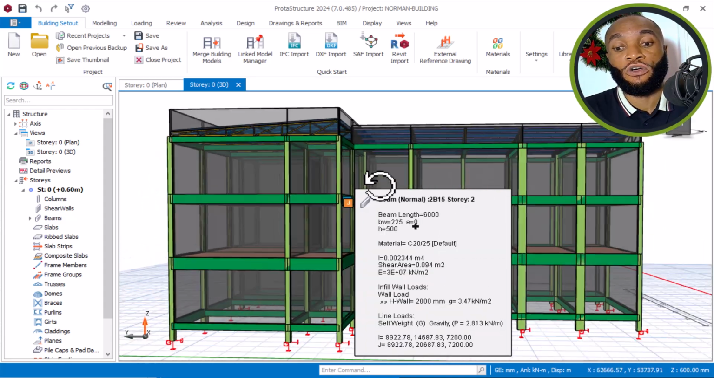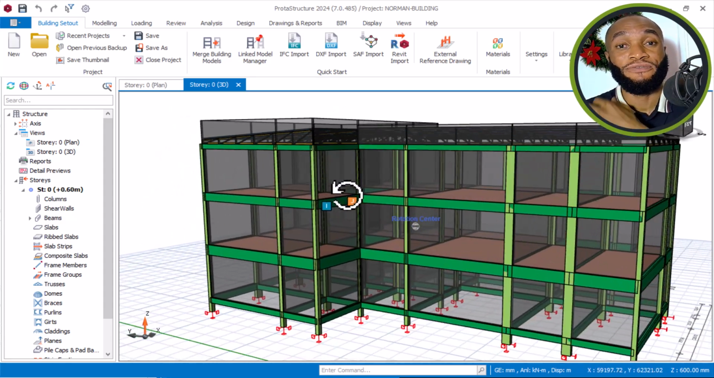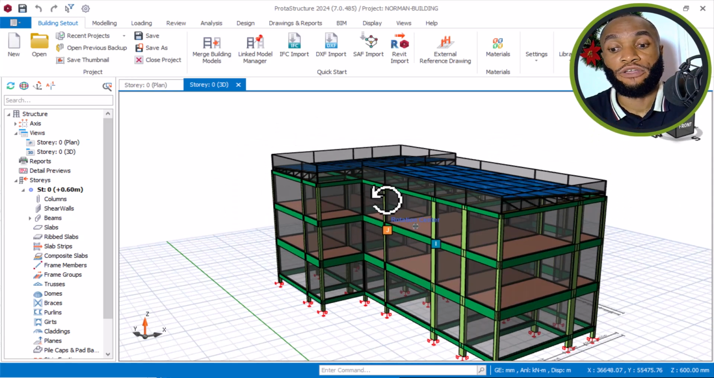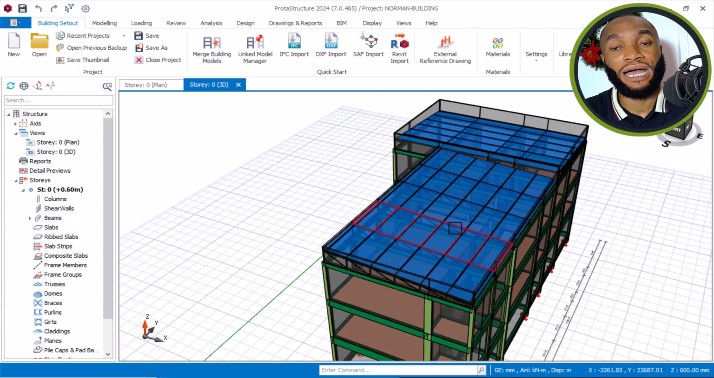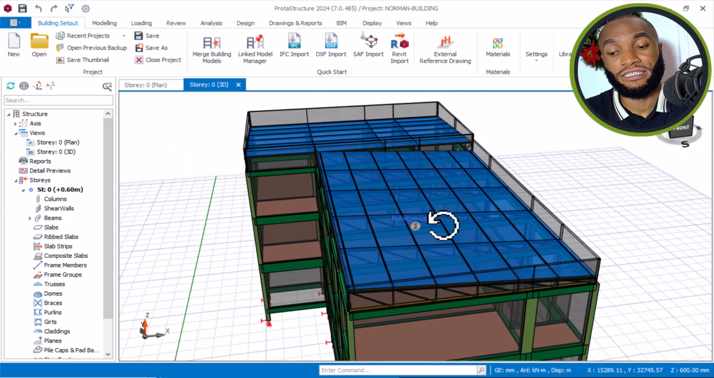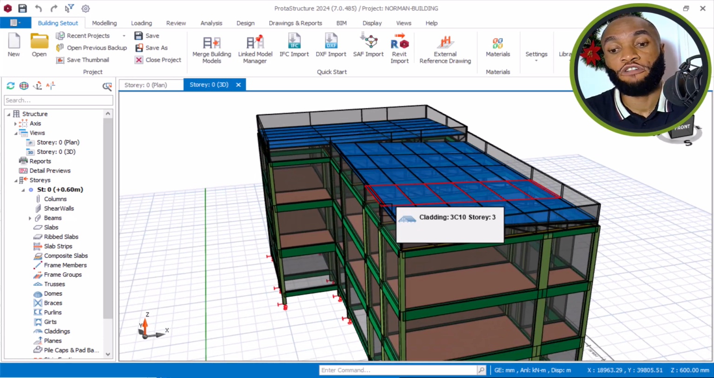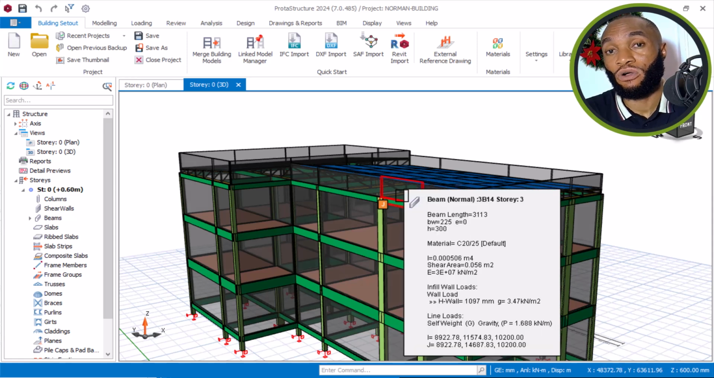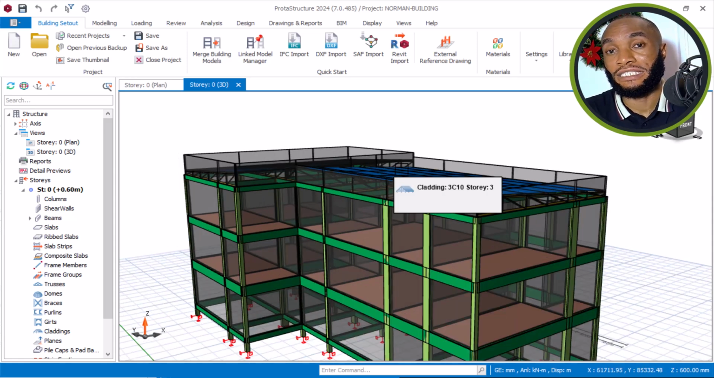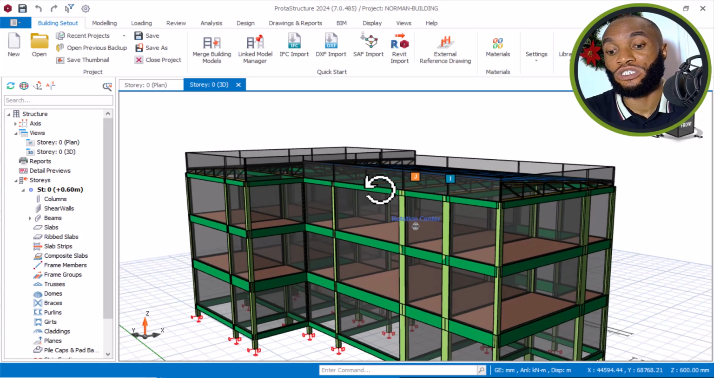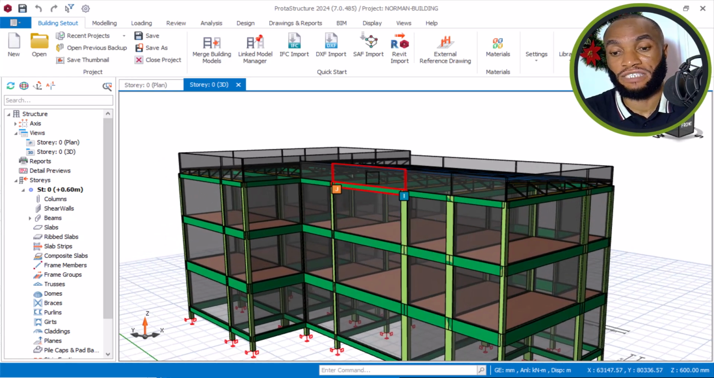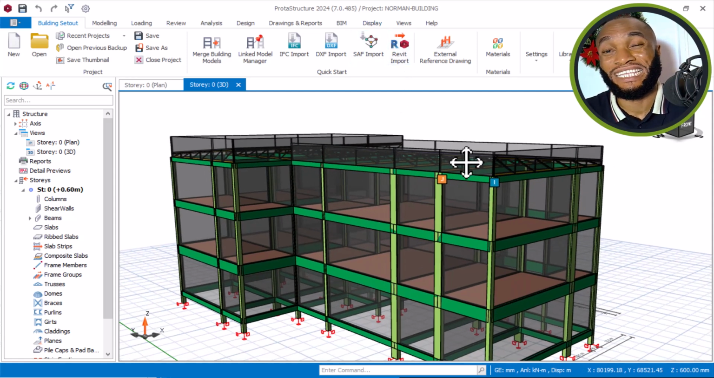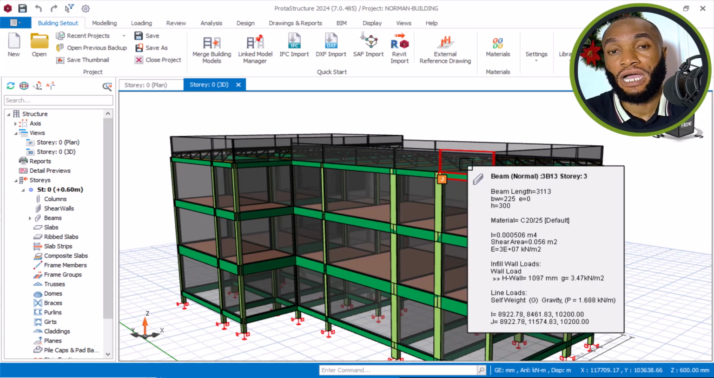Now you can see the color on my screen here. This is not the actual default color that came with the software ProtaStructure. I just changed the color to how it's meant to look. So today I will be showing you how to change the colors of your structural elements. And there are some rules when you're choosing colors. To change the color of your structural members,